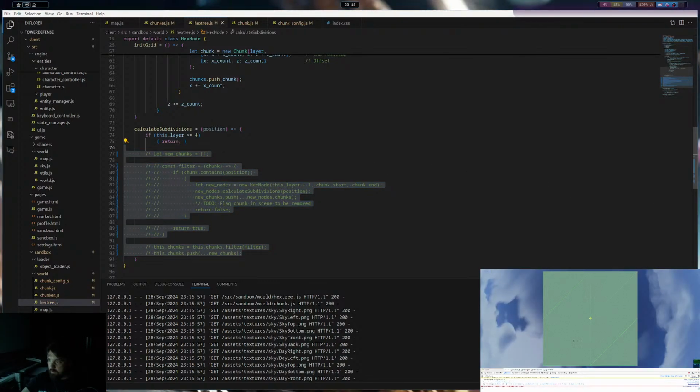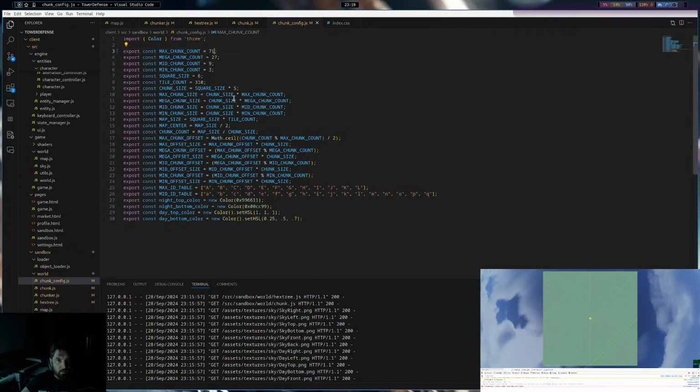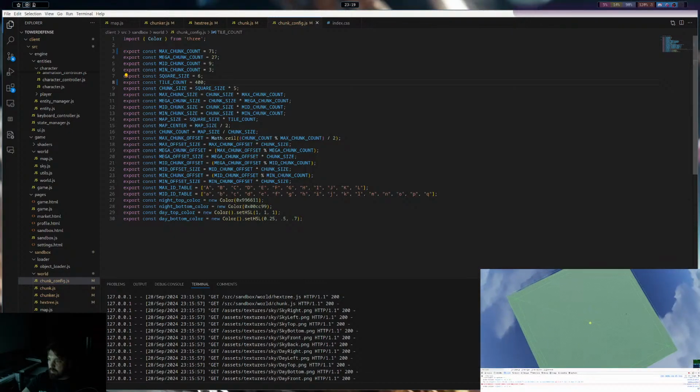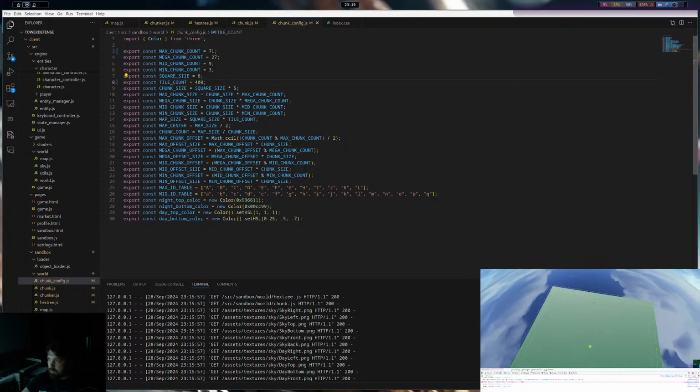So this is our grid when we start. If we make this thing 400, then what do we get? Ah, we get something that doesn't fit.